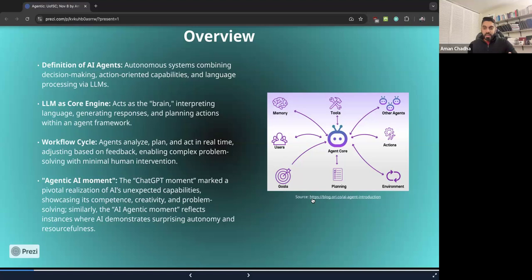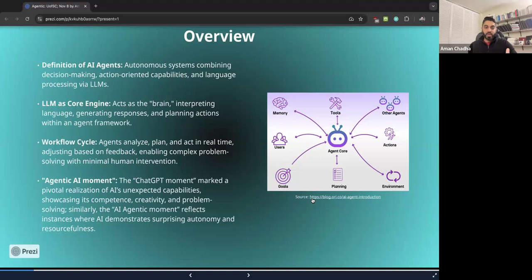So I'm sure you guys have heard a lot about agents here and there in research, and just like we had the ChatGPT moment back a couple of years ago, it was a pivotal moment in AI. All of us were pretty surprised with a lot of the possibilities that ChatGPT opened up.